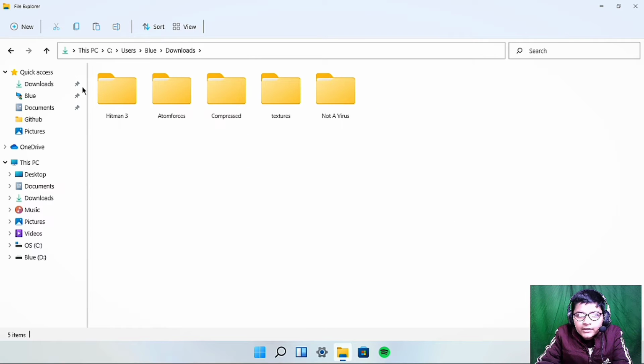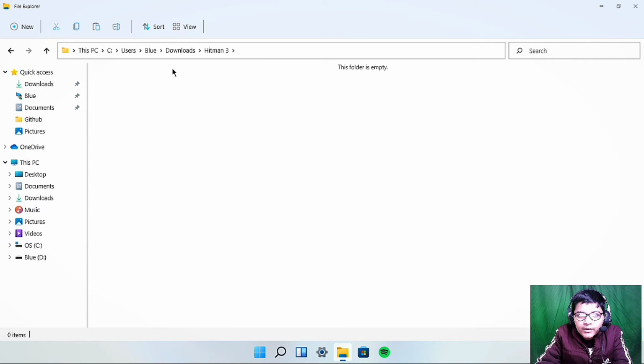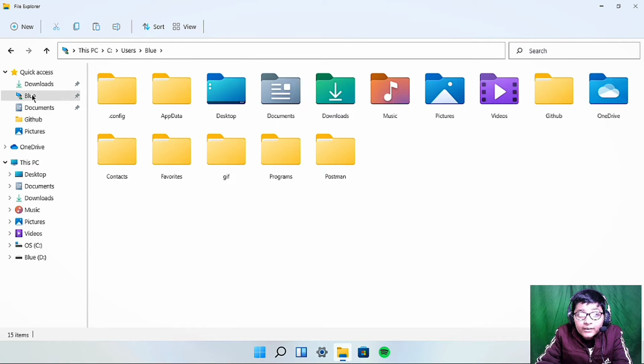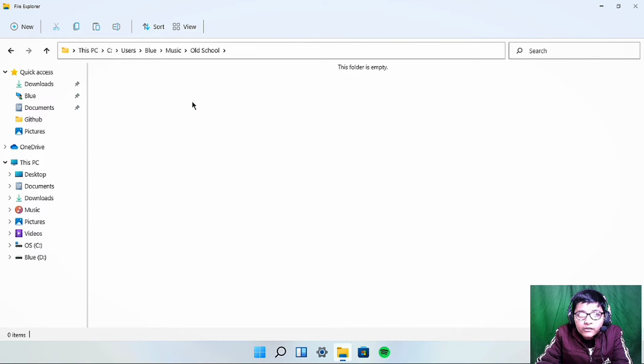It is coming like this. On downloads you can open anything. You are going to see amazing UI, quick access. You are going to find music, old school 60s songs, and a number of things. Then you can see the UI is a little bit like Mac OS, but yet a new feel is there, something new, something out of the box, something which was never expected from Microsoft.